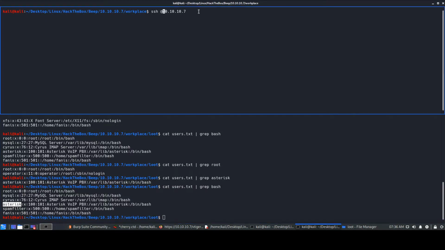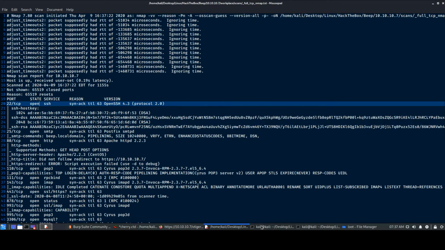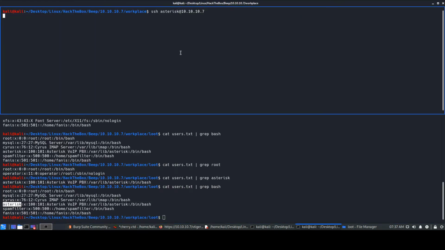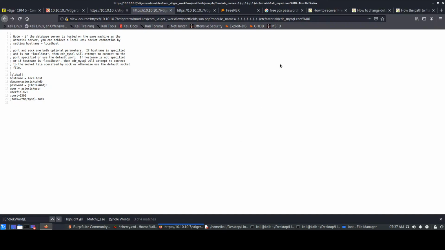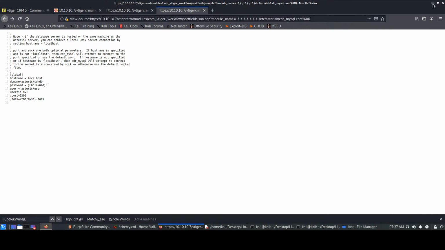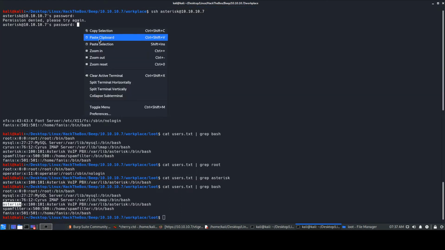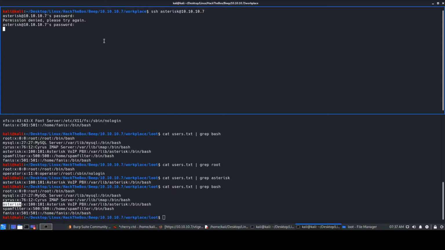We'll use SSH for that. In order to SSH into the system, you just use SSH and the username, that is asterisk, and it will wait for some time. Then you have to feed in the password. So I'll just copy this. It's probably going to take some time to load over here. Okay, so it's asking for password. Let's feed the password in. It says password denied. I'm actually pasting it. So the password does not work for this user over here.